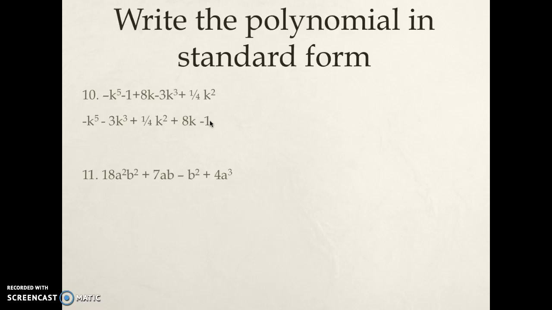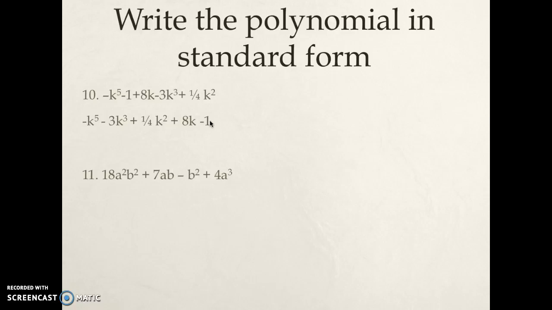Number 11. We have 18a squared b squared plus 7ab minus b squared plus 4a cubed. Well, you can pause the video, take a look, and see if you can figure this out on yourself. This one is a little bit different because we're dealing with two different variables. So an important thing to remember is that the variables also have to go in alphabetical order, meaning A comes